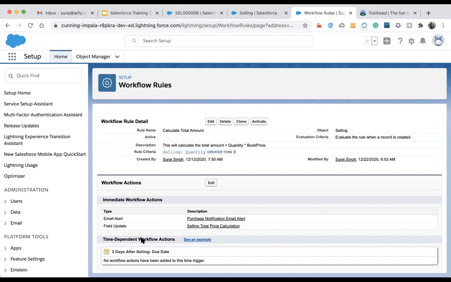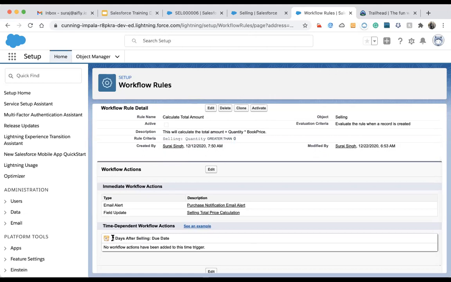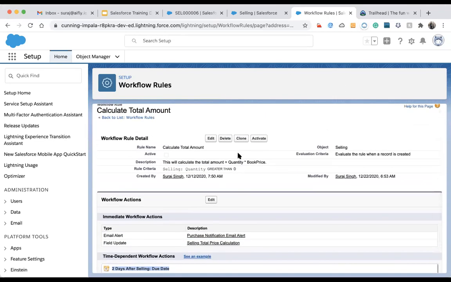But the point I'm making is that if it is scheduled, then it will be scheduled. It will send an email regardless of whether the payment is made or not. That's the demerit of this time dependent workflow. Yeah, okay, I got that. The mechanics, I understand that. Okay, functionality. Thank you.